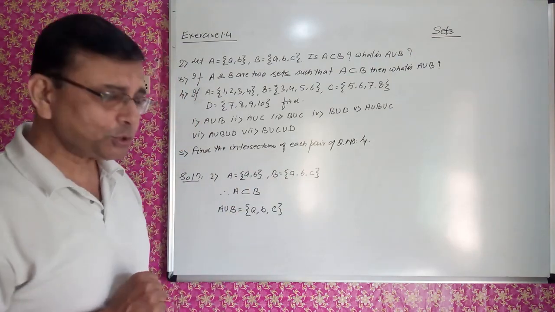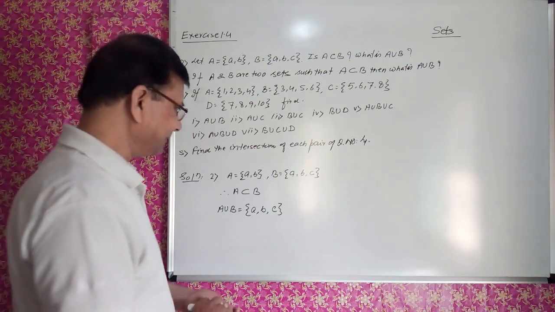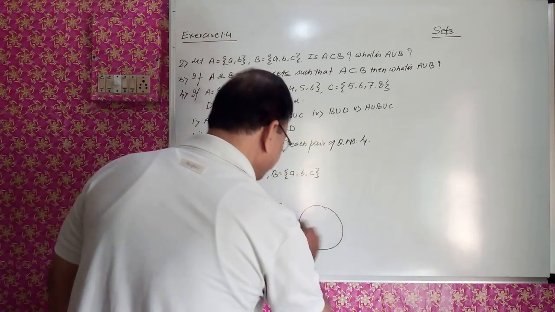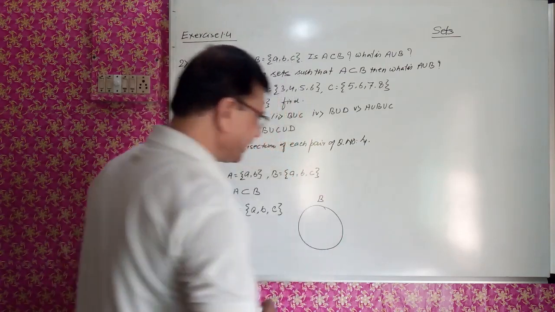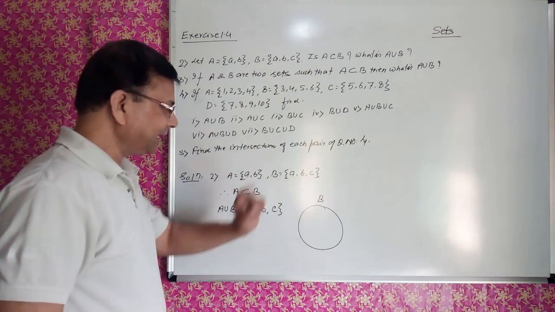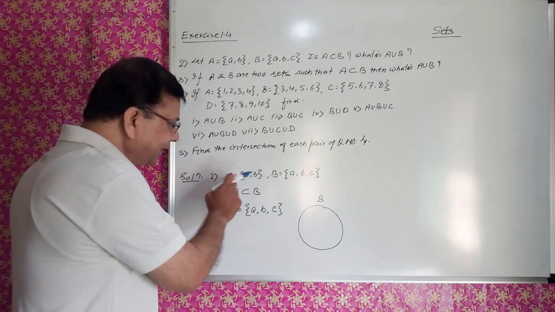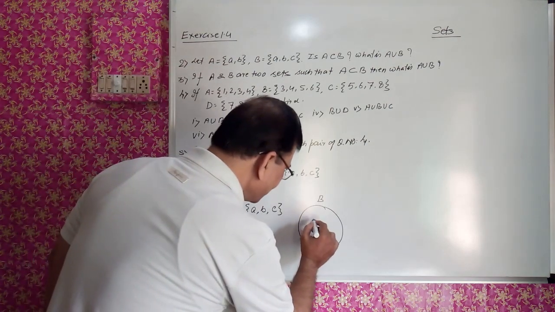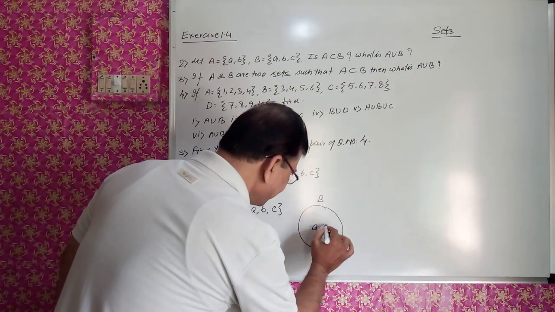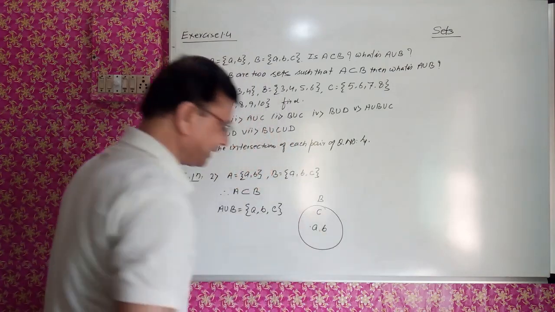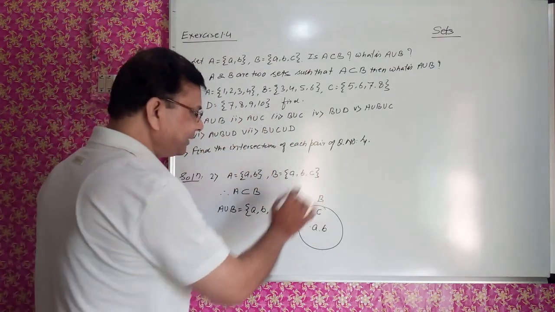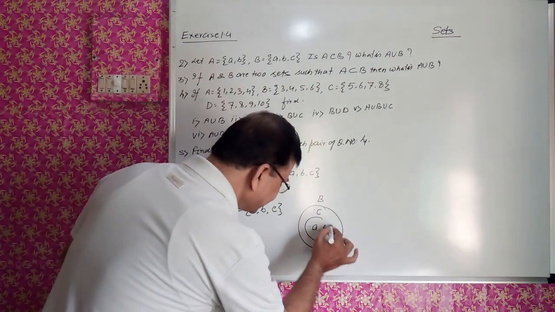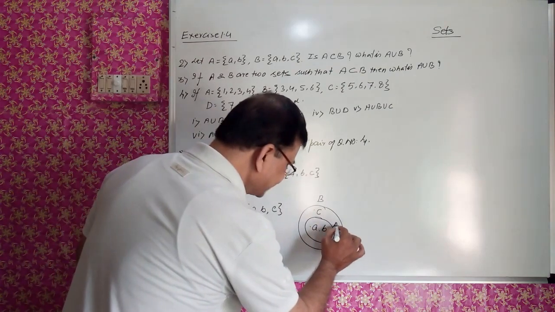That can be understood by a Venn diagram also. I will explain. In the Venn diagram, suppose I am drawing this set as B, the bigger set. Three elements are there, a, b and c. Suppose a is this, b is this, and c is here. Three elements are there in the set B, but another set has only two elements, so I will draw another circle. This is the set A.